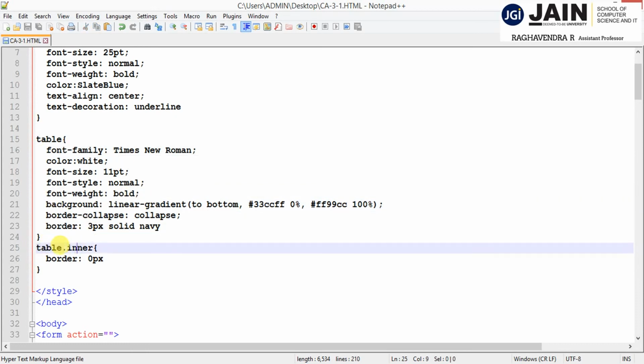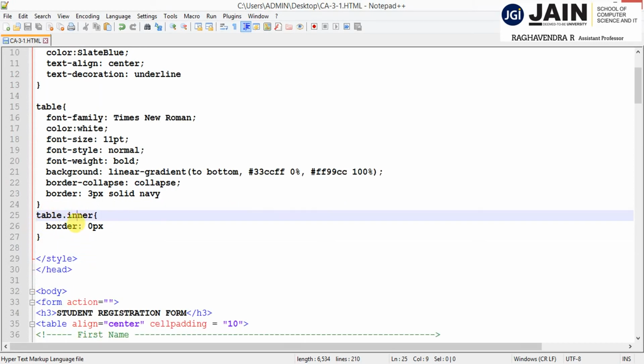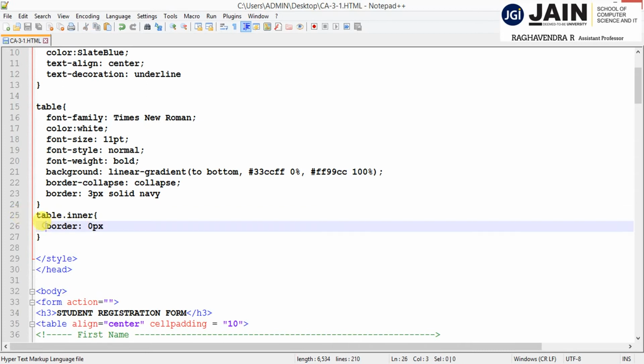Now I'm taking one more style called table dot inner with border 0 pixel. Why I'm taking this, we will come to know in the later part. The border should not appear; when we are looking at the content, we can assume there is no table and no border. For that purpose I'm taking the default as 0 pixel.